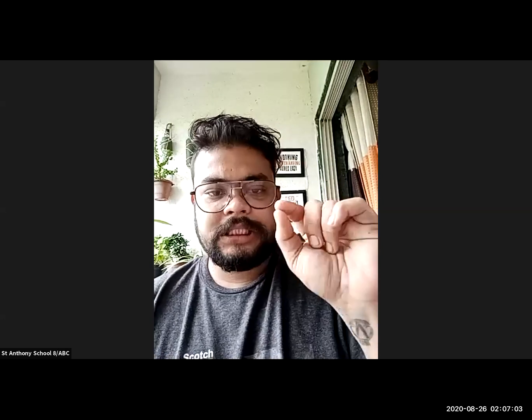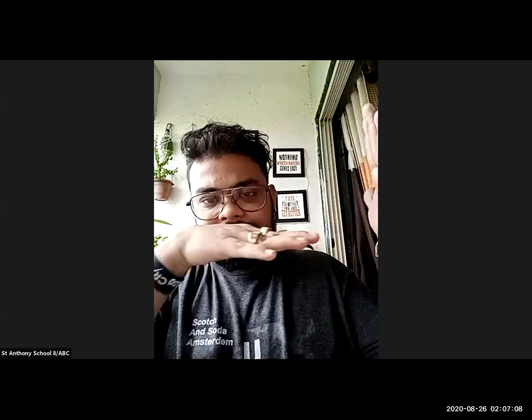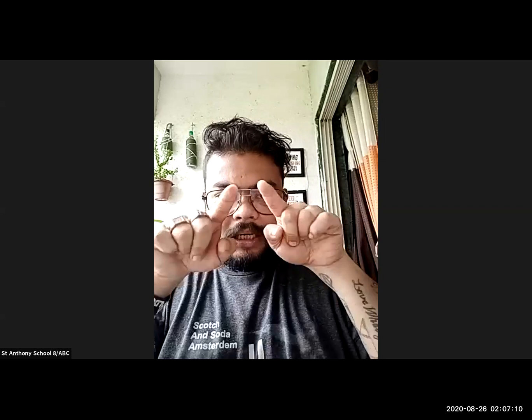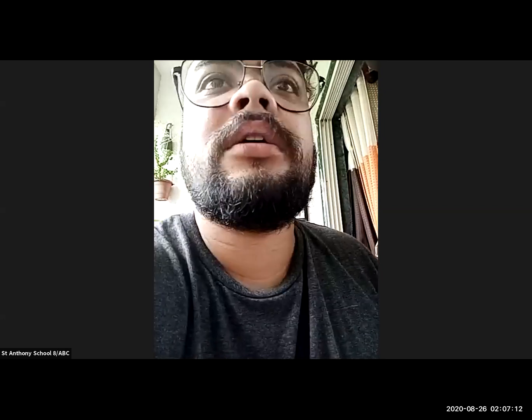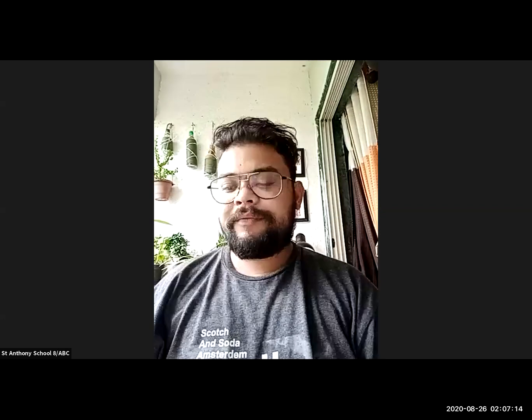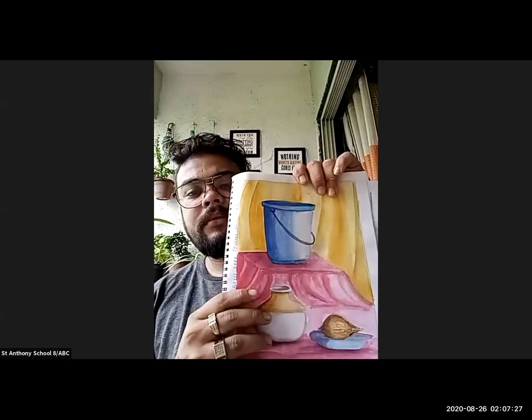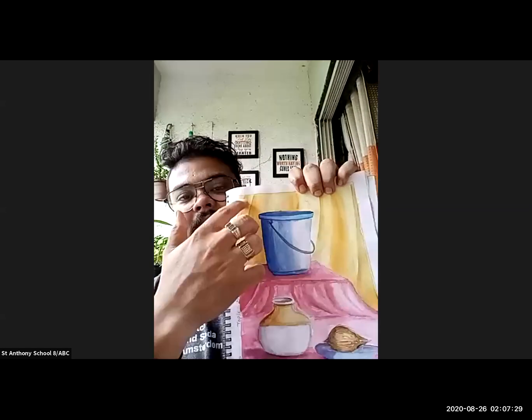Here I can see Somya Singh. Very nice. Just the problem is, look at the bucket. You have drawn it flat. Give a proper round and curve to it. If the upper part of the bucket is curved, you have to do it that way. The lower part of the bucket should also be curved. So just look at this. This is how you're going to do it.